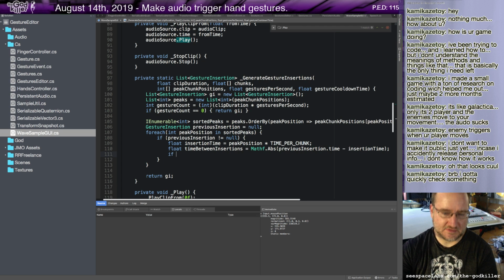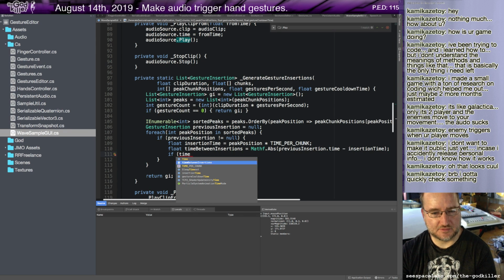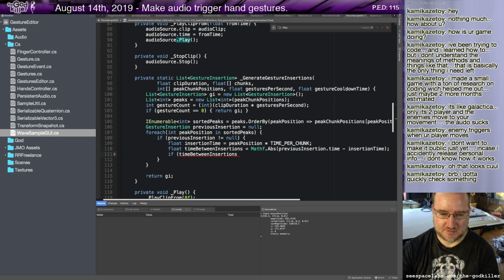And I'll say if that time between insertions is less than my gesture cooldown time,